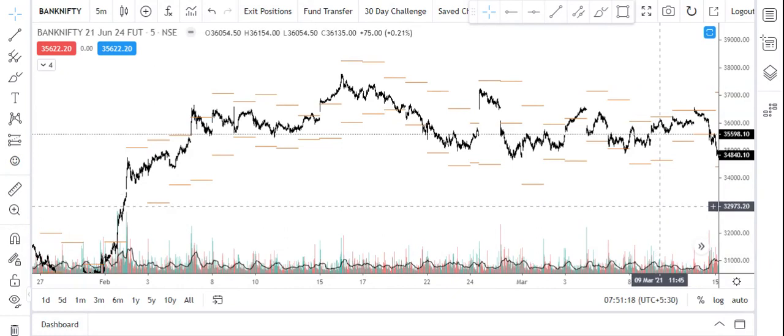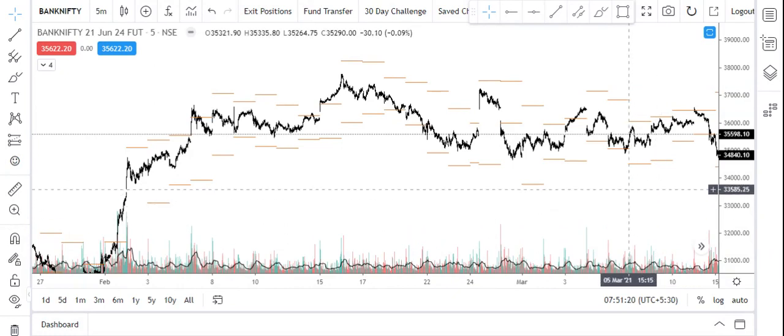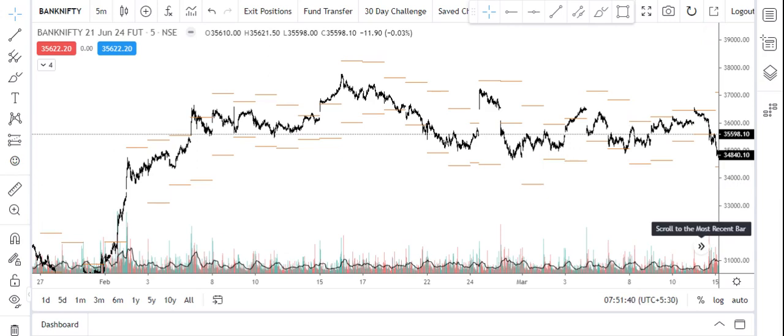In today's video, I'll talk about how to capture big moves in Bank Nifty. As we know, the market moves mostly in a sideways range, so for an option buyer, there is very little scope. But on big trend days, where the market moves around 600 to 700 points without giving big pullbacks, are the days where an option buyer will make a very good amount of money. By the end of the video, you'll be equipped with all the knowledge you need to capture such moves. So let's get started.